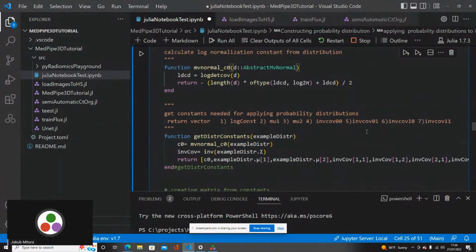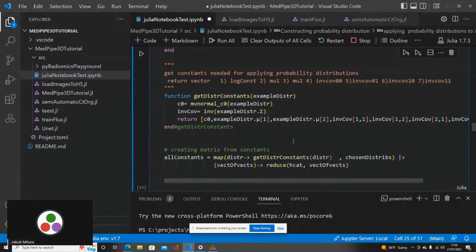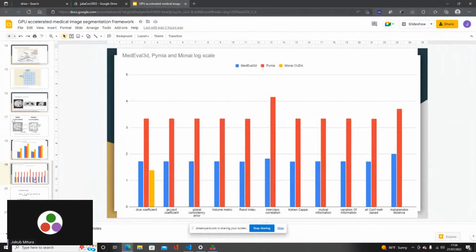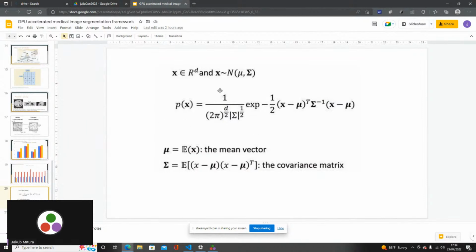First of all, here I am defining some additional functions just to get the constants of the Gaussian distributions. Because here, as we see, this is the formula for the multivariate Gaussian distribution, and you can see that a lot does not depend on x.